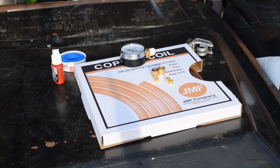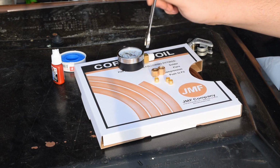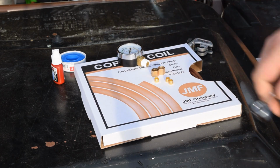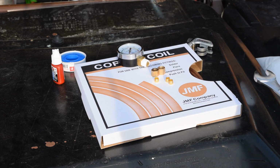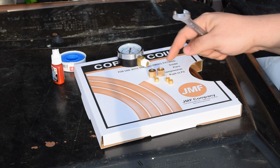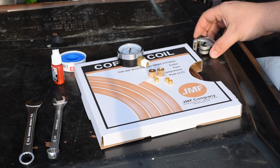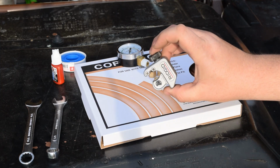I believe it's going to be a 9/16 wrench. And that's going to be to fit our brass fitting for our gauge. And then you are going to need, I believe it's a 1/2 inch for our nuts when we go to install that. So you're going to need those 2 wrenches, and then you're going to need a pipe cutting tool